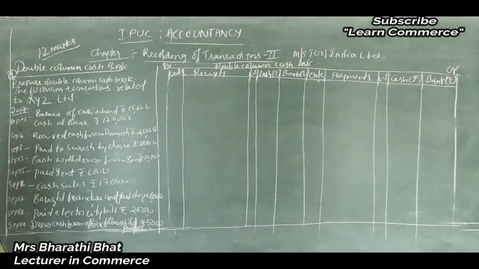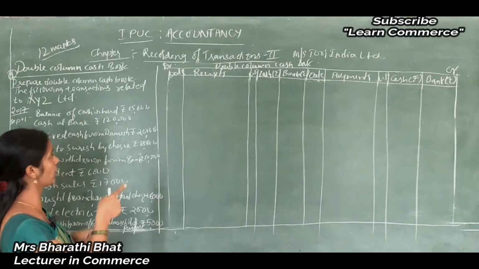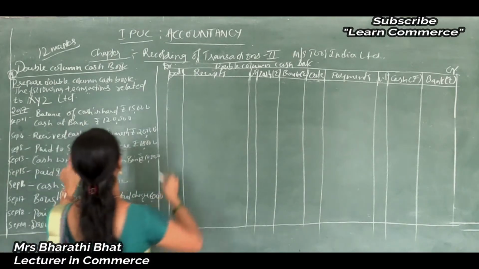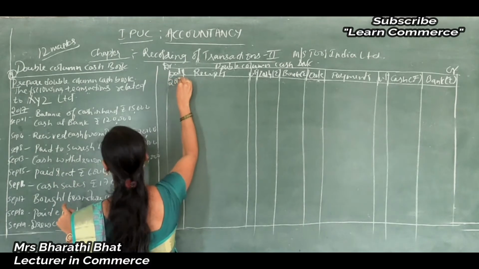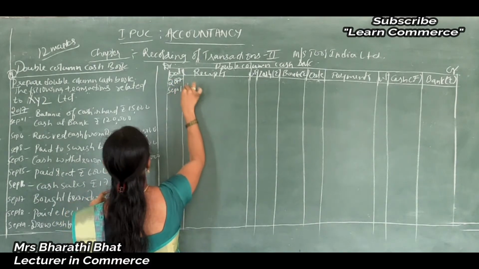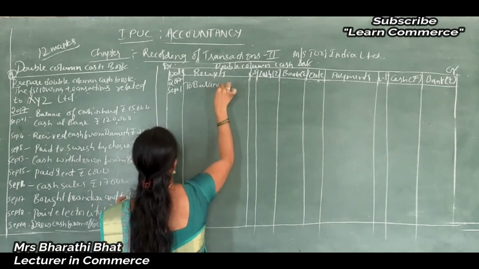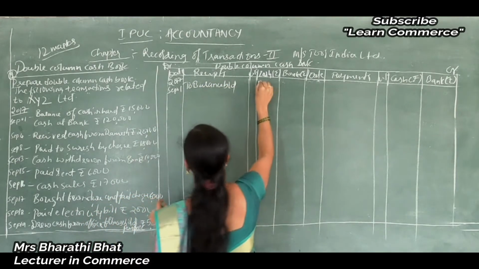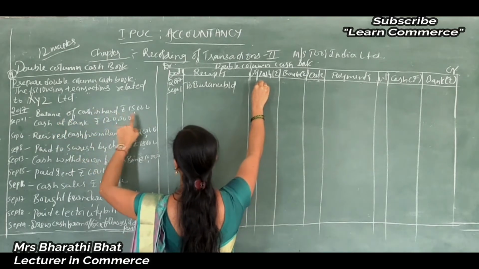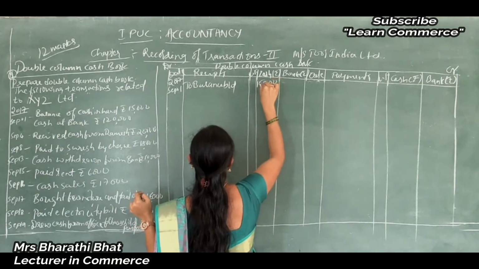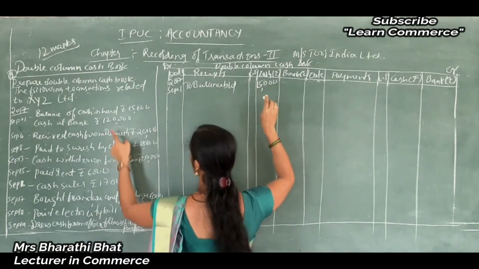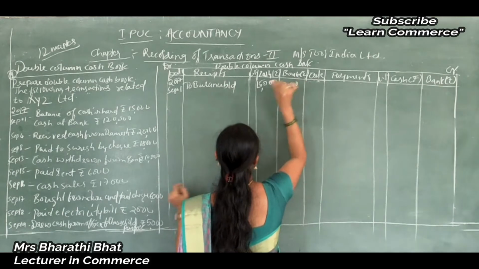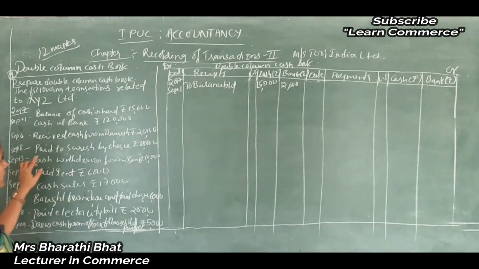And on September 1, 2017, balance of cash in hand, how can we record this? Yes, to balance brought down under the amount side, both amounts: cash at bank 12,000 in the bank column, and 15,000 under the cash column. September 1, 2017, to balance brought down. See, balance of cash in hand is rupees 15,000. So cash balance 15,000, bank balance 12,000. Clear?